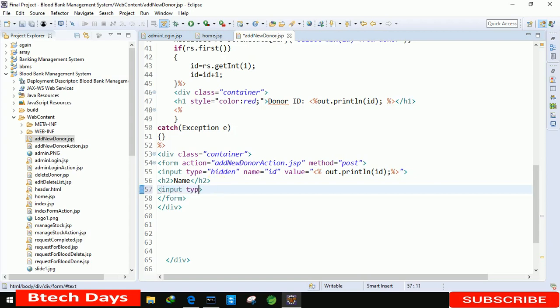Input type equals to text, since the next is for name, and the placeholder equals to double quotes, in this enter name. Okay, and name equals to, we are also making it as name.